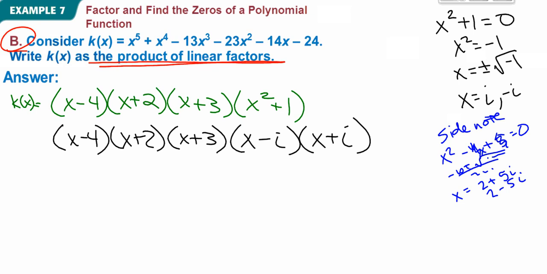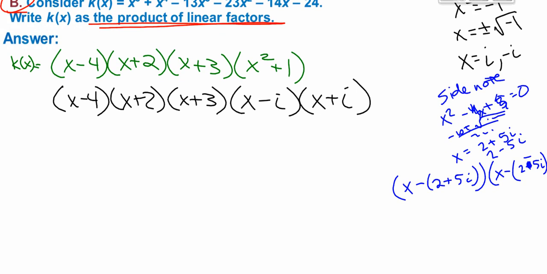When you write that as factors, you have to write it as x minus 2 plus 5i and x minus 2 plus 5i, and then distribute the negative. Just kidding. So minus 5i. And then when you distribute that, it would be x minus 2 plus 5i and x minus 2